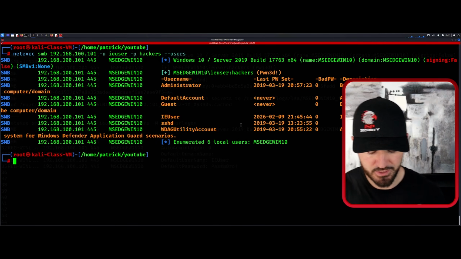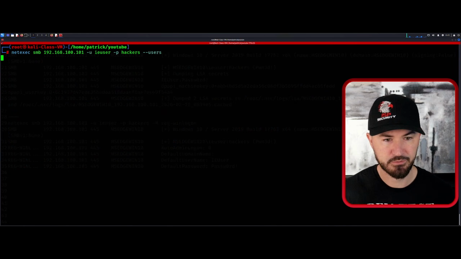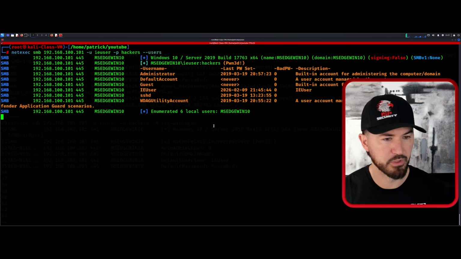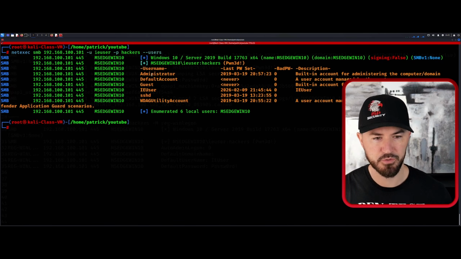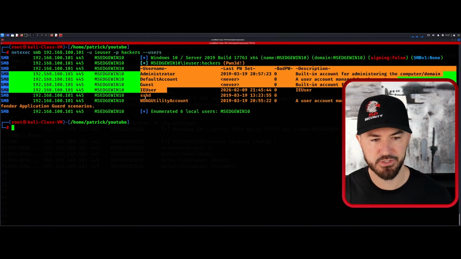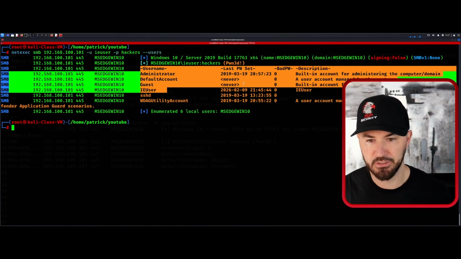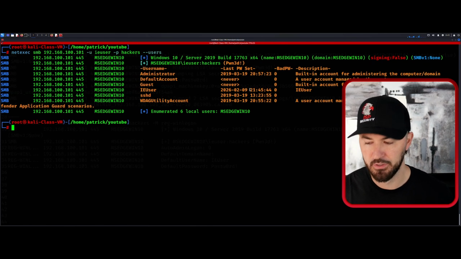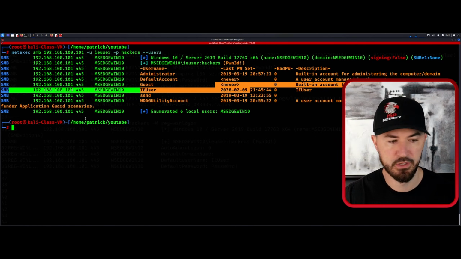Absolutely, we can. Let's make this a little smaller. And let's do that again, just to get a little bit more real estate, at least for me. All right, so we have the usernames. We have administrator, guest, SSHD, IE user, and we can see here the last time the password was set. This was yesterday, so I did change my password yesterday, which was 2/9/2026. And